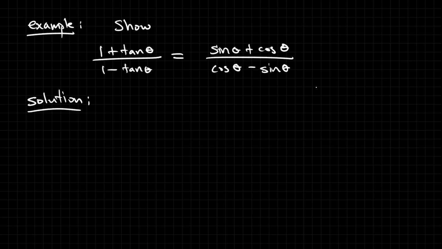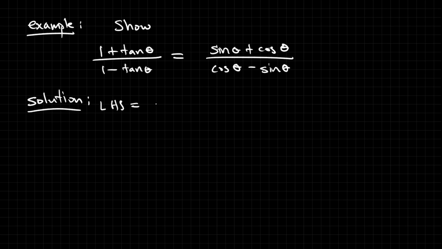And when I look at this, if I look at the right-hand side, I don't see a lot that I can do. But if I look at the left-hand side, I see that I can at least start with tangent of theta being sine theta over cosine theta, and maybe that'll get me somewhere. So I think that's what I'll try. So the left-hand side